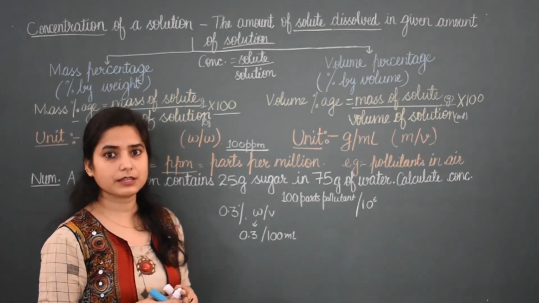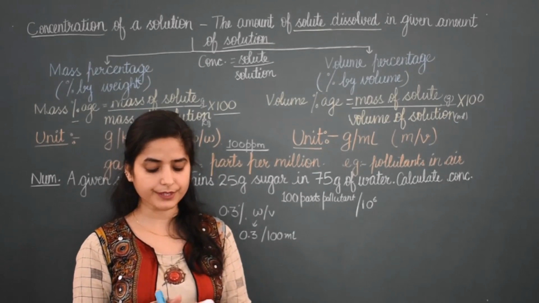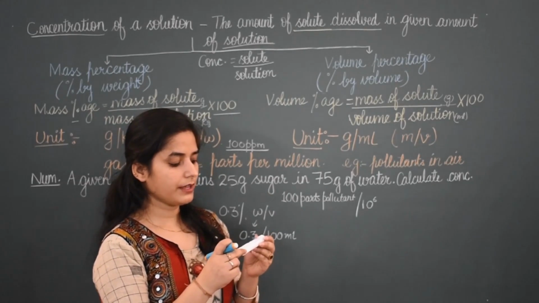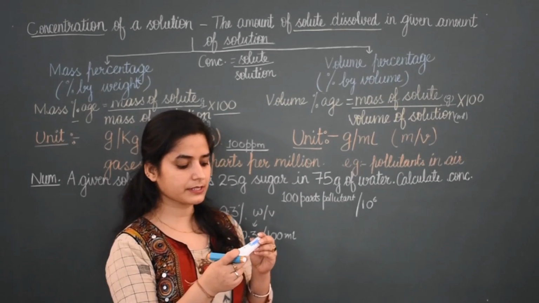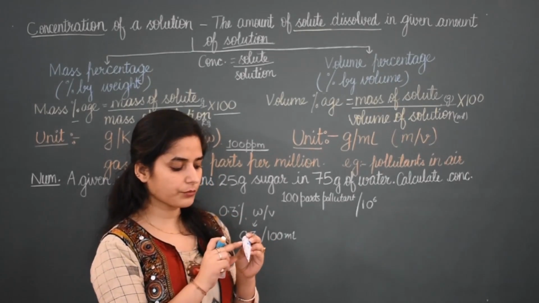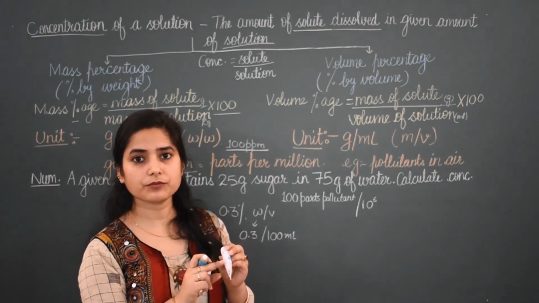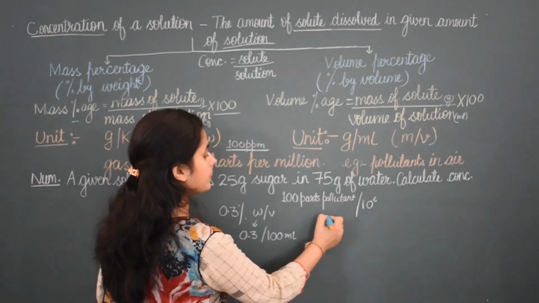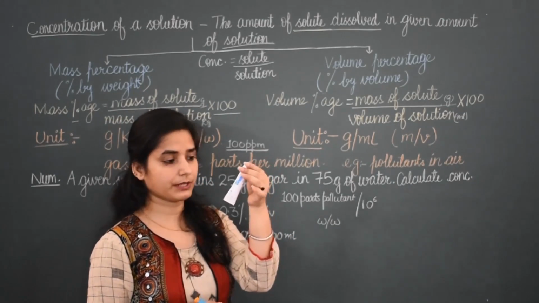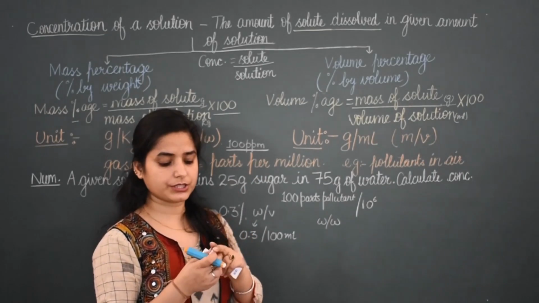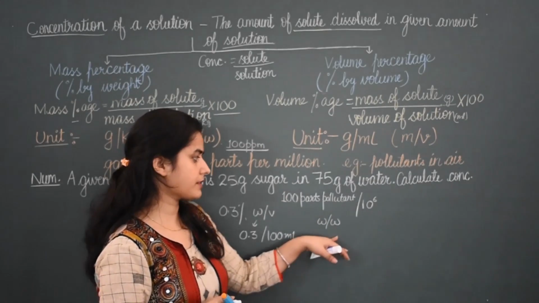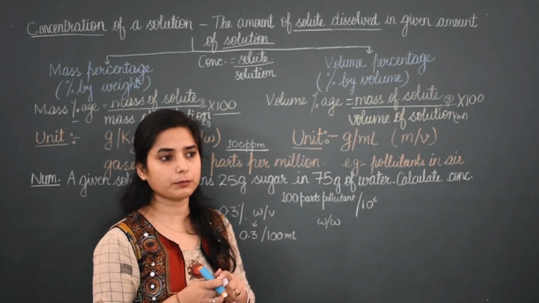So you can see it in your home also. Second, I have taken this gel, and on it the concentration is written as 0.1 percentage. Here the composition is adapalene 0.1 percentage W by W, meaning weight by weight. That means this tube is not containing a liquid solution like the previous one. So here solid is present in solid. It is done only to make the paste, not completely liquid.